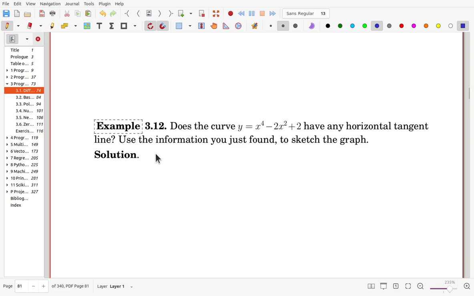And that is, the derivative must be 0. So we start with y prime, the derivative of y with respect to x, which is the same as 4x cubed from this one, and minus 2 times 2, so 4x, and the constant term,